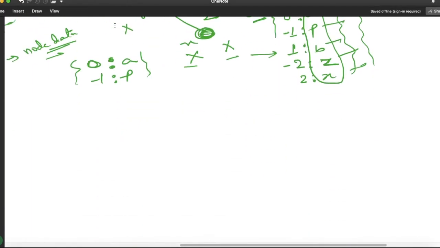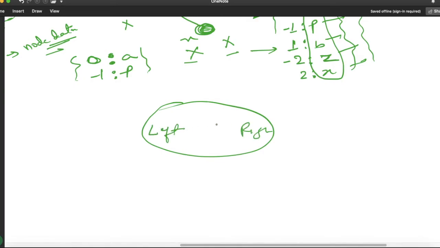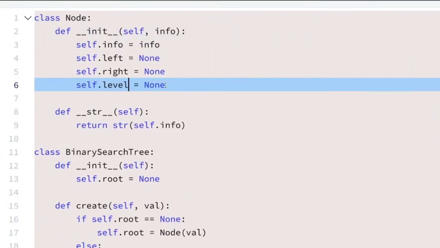Means in this node structure we have 4 things. We have left part, we have right part, one is data part with name info, and one is level. We are going to use this level variable to update +1 and -1. So initially we are going to initialize with 0 for our initial root node.